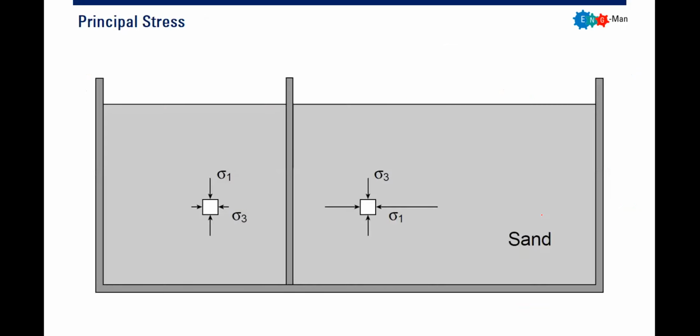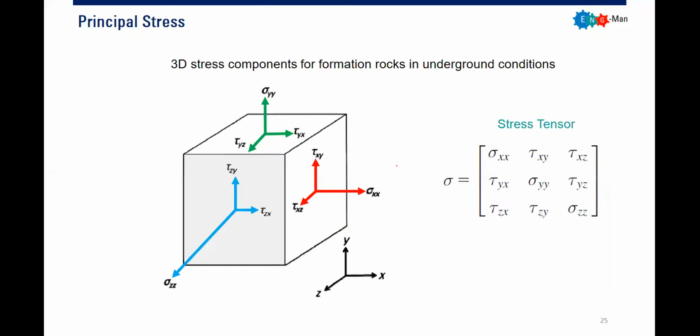And now we start to talk about stress. Let's say we have a reservoir zone, and this is just an element of rock. This rock inside the reservoir, in the earth, will experience stresses coming from all directions. We have stress 1, stress 2, stress 3, stresses from all directions. Each element of the rock will experience stresses from all directions.